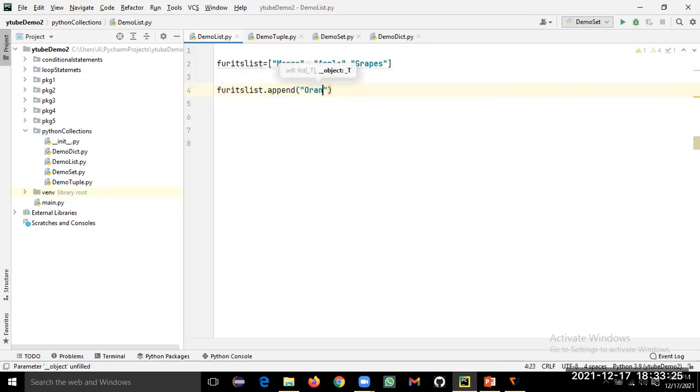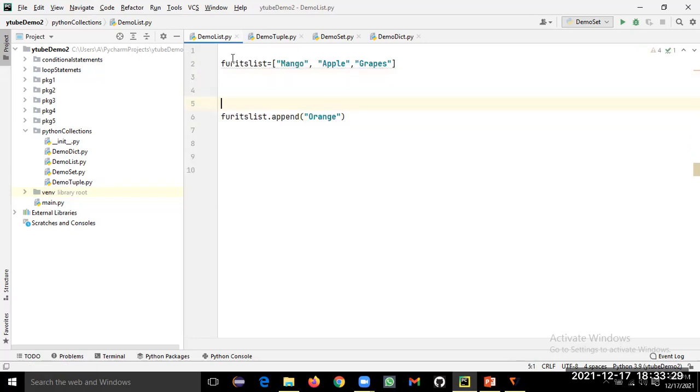Let's say orange. So we will print this fruit list before appending the item. And here we'll print the list after appending the item.